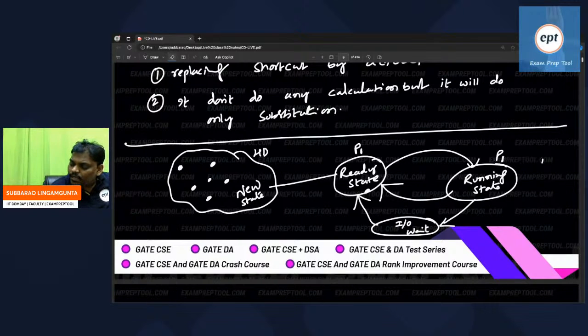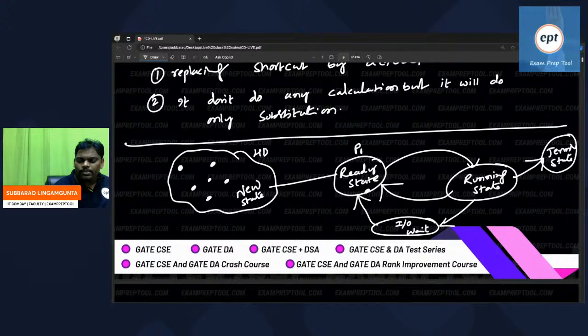Now, some people are asking: while running, if a high priority process comes, I will go back to the ready state. If no high priority process comes, but while running some IO interrupt comes, an input or output interrupt, then I will go to the IO wait state. Suppose there is no high priority process and no IO interrupt either. Then happily I will go here. This is called termination, successfully completed. It is the termination state.